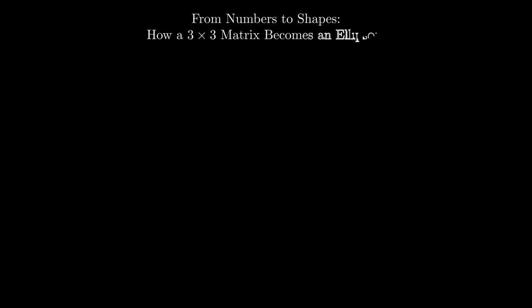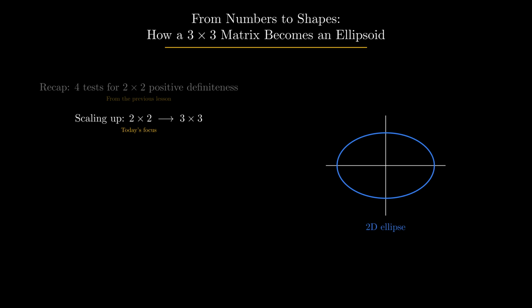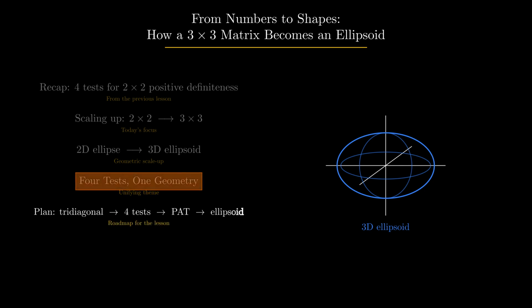We've already tested 2x2 matrices 4 different ways for positive definiteness. Today we scale up. Behind every positive definite matrix lives a shape, and in 3 dimensions that shape is an ellipsoid. We'll watch a tridiagonal 3x3 matrix pass all 4 tests, then use the Principal Axis Theorem to draw its